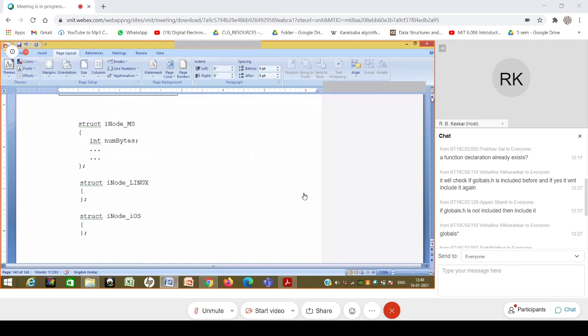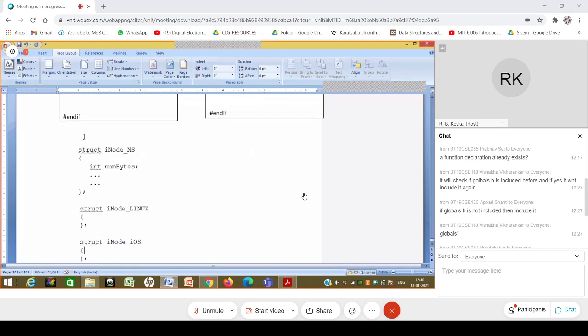Not only that, forget about this inode underscore MS. There might be three different globals.h files, for some specific files, let's say, for that matter, someone has created. So I require #include globals.h. Let's say there is a globals.h file for Microsoft, and I will write underscore MS. And maybe this first one contains this inode underscore MS over there. The second,